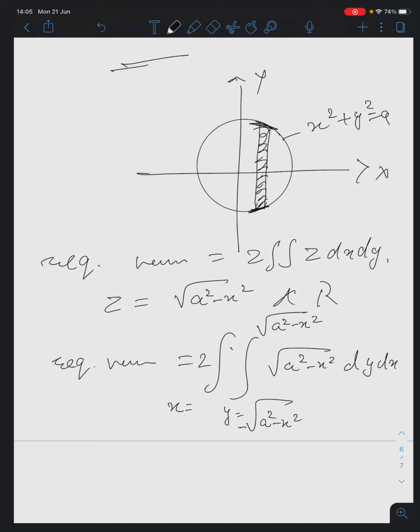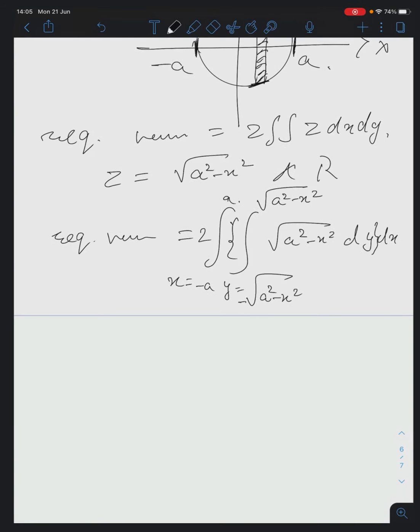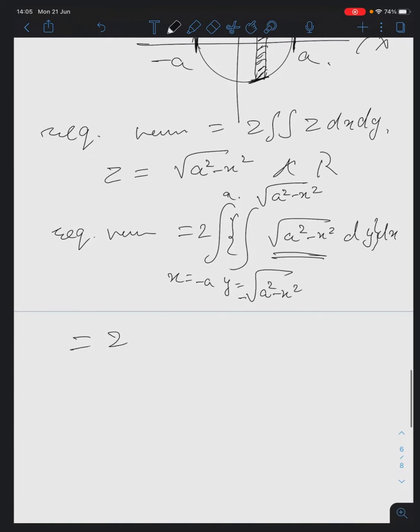Yes, ma'am. And limits of x will be from where to where? From here to here. So minus a to plus a. Now one thing, first you need to integrate with respect to y. While integrating, check whether the function is even or odd. Is it an even function or an odd function, this one? It doesn't matter at all. Because you are integrating with respect to y, and there is no y variable here. That means the function is even. There won't be any changes in that constant. Will there be any changes?